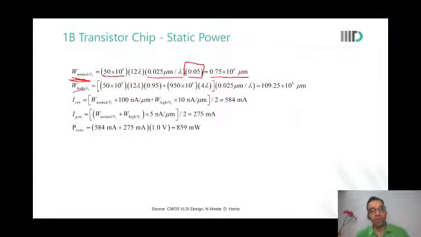Similarly, you calculate for high VT devices: 50 million logic devices, 12 lambda, 95% of logic devices are high VT. Then all the memory devices are high VT, and we multiply with the lambda factor. So we get the overall width for the HVT devices also. We've also been given the current per width for a HVT device and a normal VT device, and we can simply estimate that.